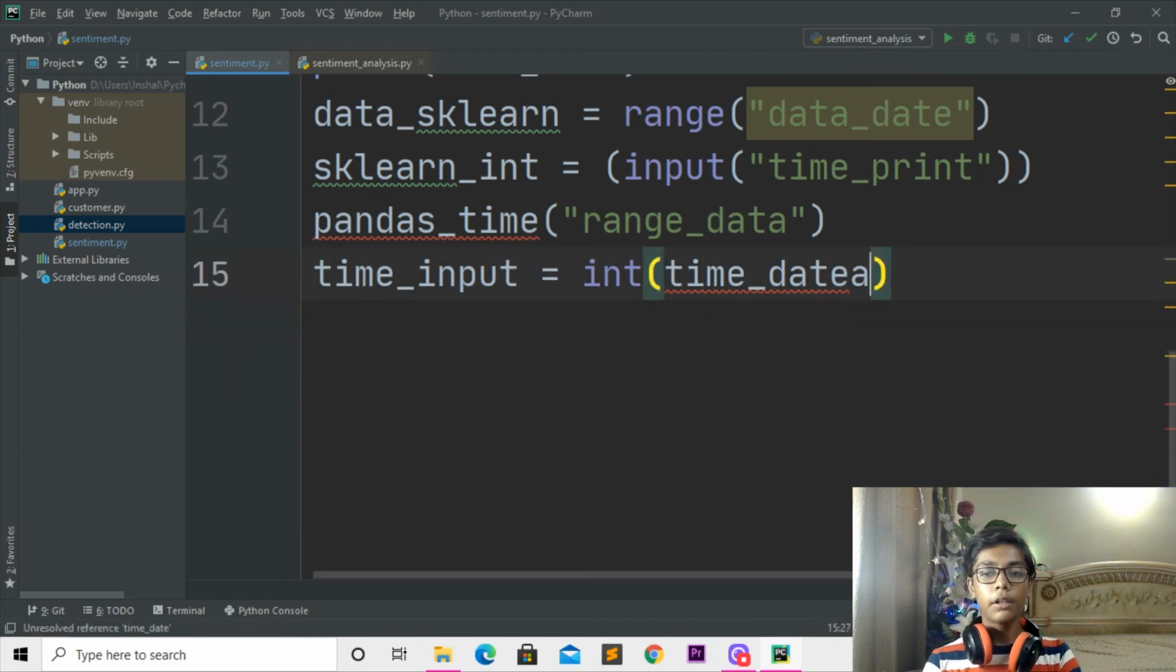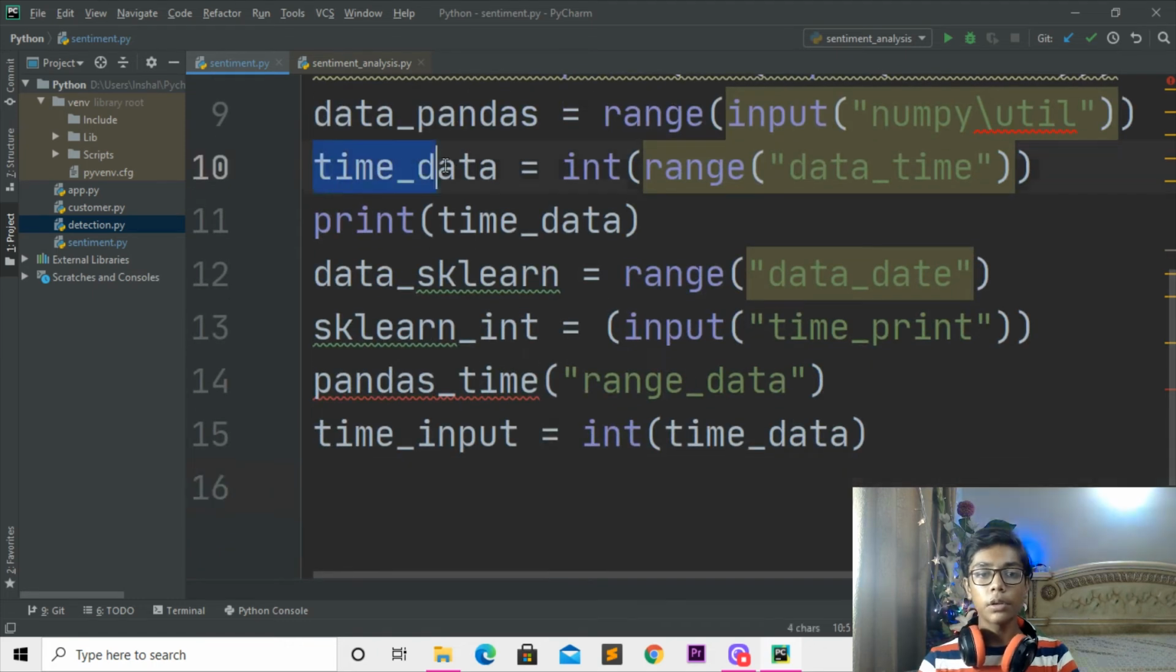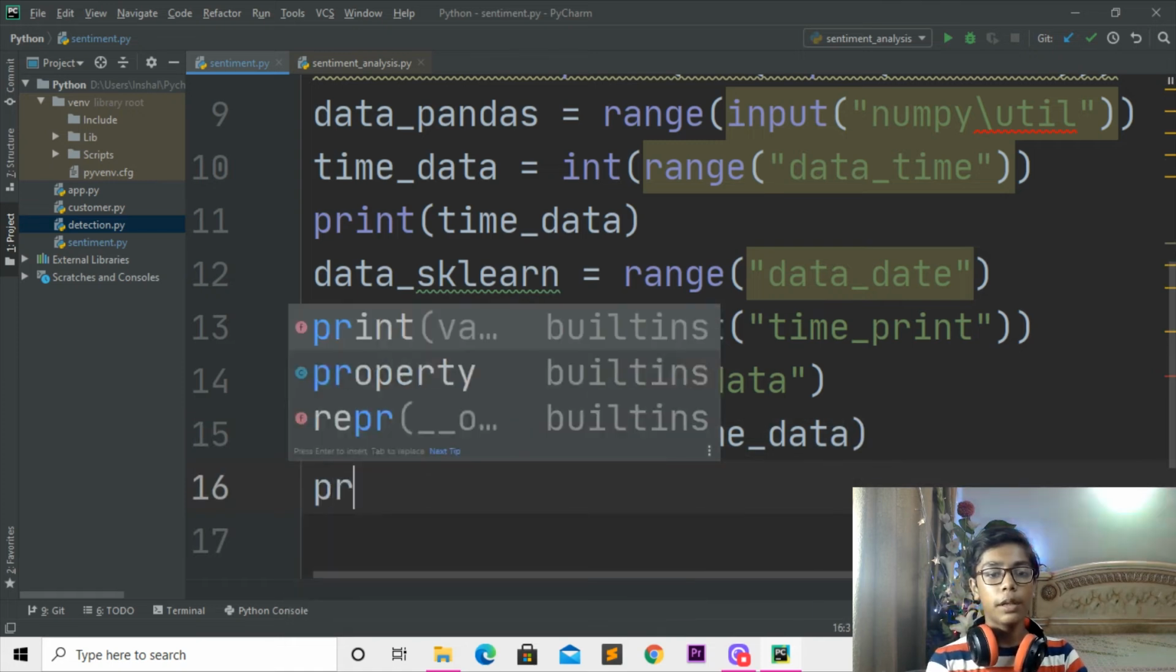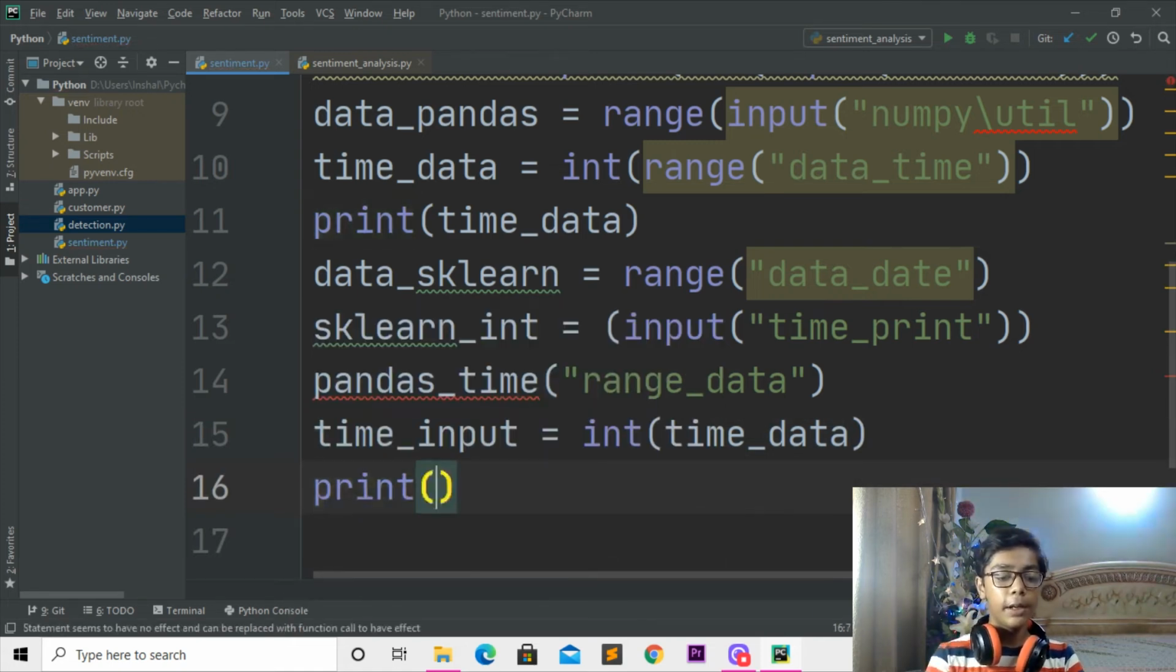So when you've done all these things, I'll be doing one thing now. You can see that when we have written time data, it is not an issue, because we have already written that at the top, so because of that it's coming. And now we have to do one thing: I'll be printing time, and here I'll be printing pandas